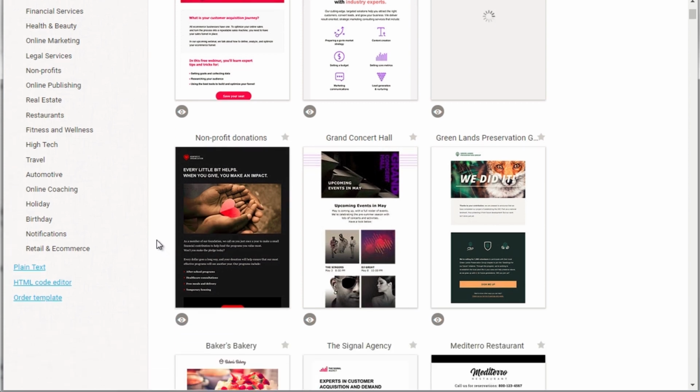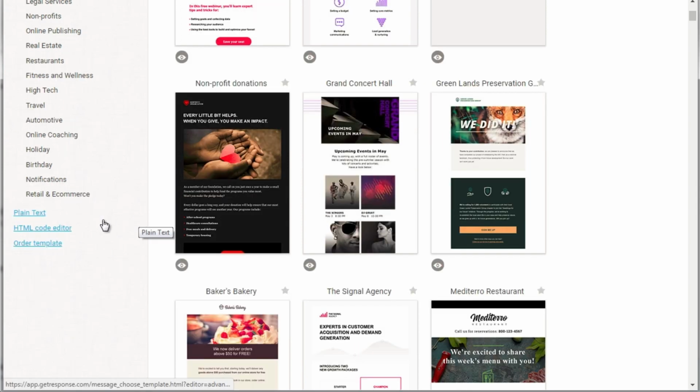Now, it really depends on your audience. If they really just want the content and they want the report. Now, keep in mind that if you are trying to track if somebody actually opened the email or not, you definitely need to use the HTML code editor. The plain text editor doesn't really track that information, but what it does track is if somebody clicks on your link. Because what happens with the HTML code, they'll insert like an image, and if somebody opens their email on their phone, it'll load that image and it'll trigger the stats to let you know that, oh, this person